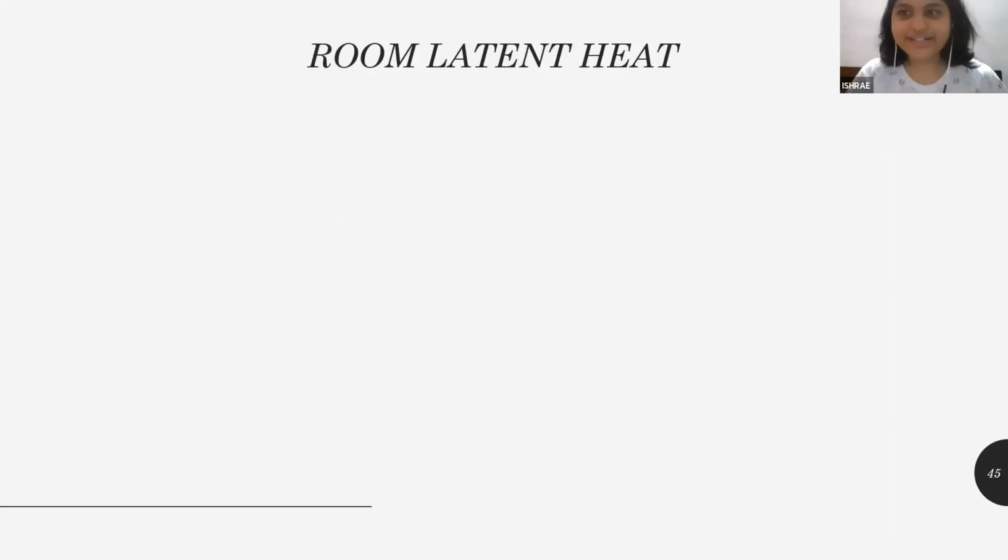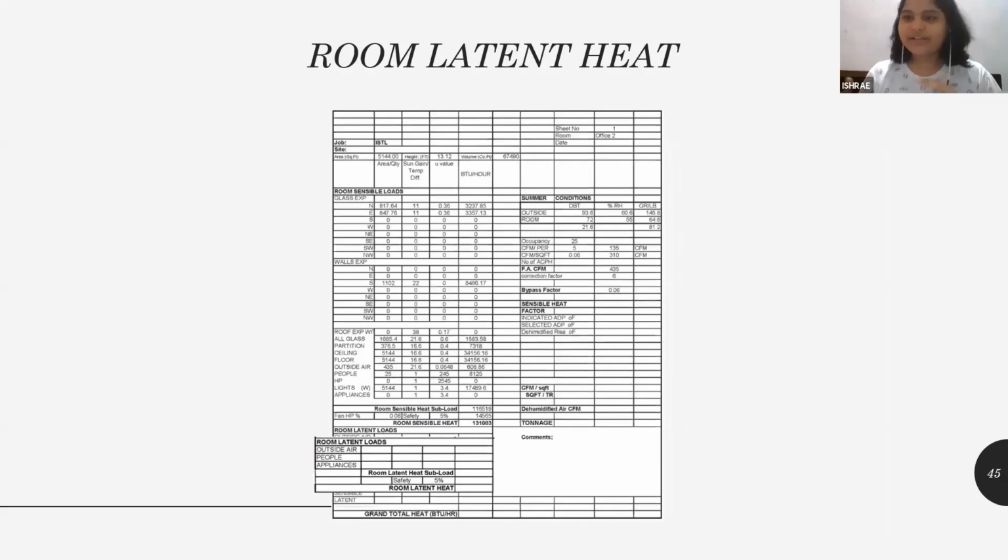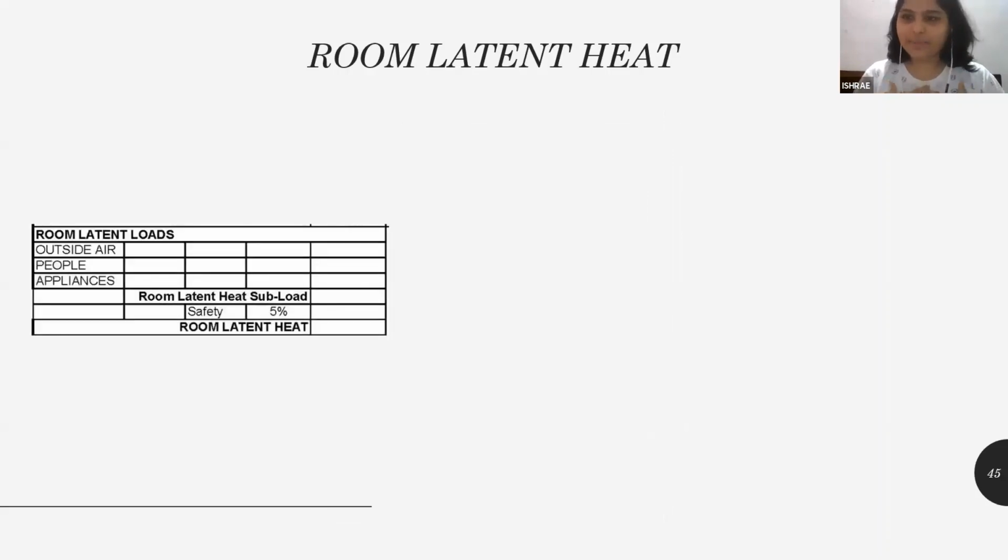Now talking about latent heat. This is the second part of our heat load calculation. The room latent heat. Room latent heat is the one that involves phase change. If I am a person sitting in a room and I'm perspiring, there is some amount of body heat and the sweat that gets evaporated. This is what cools my skin because my sweat is getting evaporated, and that is called your latent load because of people. If I keep the door open in my air conditioned space, outside air comes in.